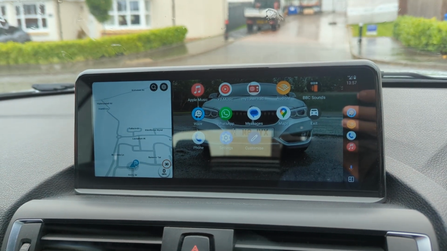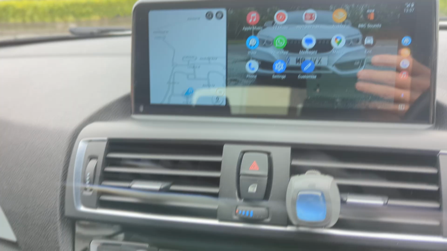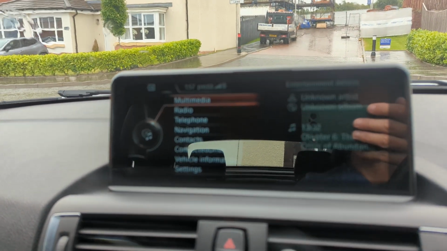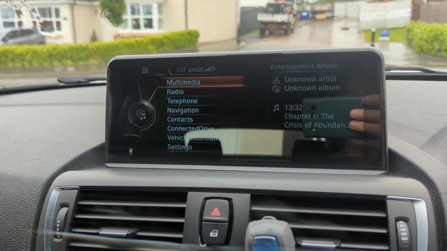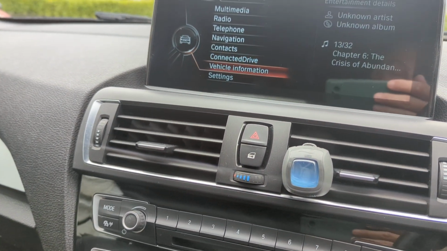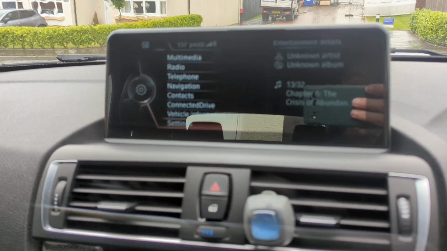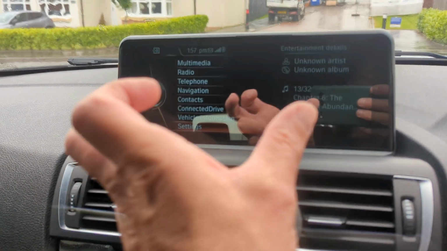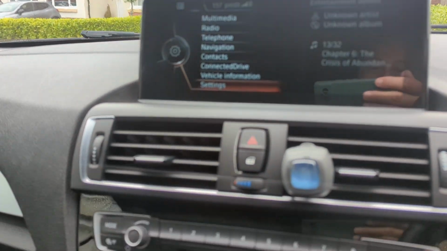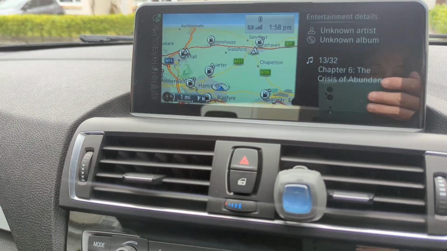If I want the original NBT BMW, I long press menu and I have access to that. I can't use the touch screen, but I can use the usual iDrive controller to do whatever I want. I've actually changed this, just coded it using Vimmer code so that it recognises the large screen and it recognises the split screen, so that I've got